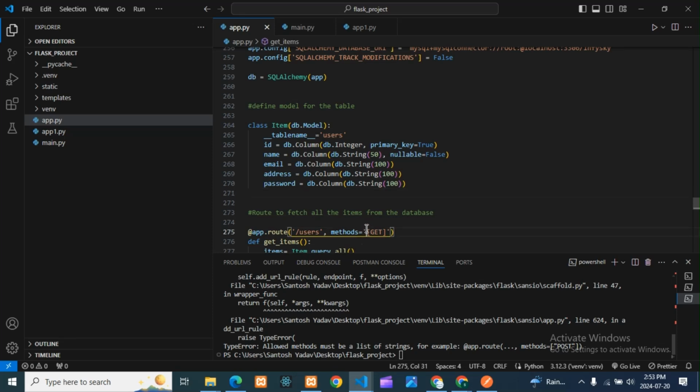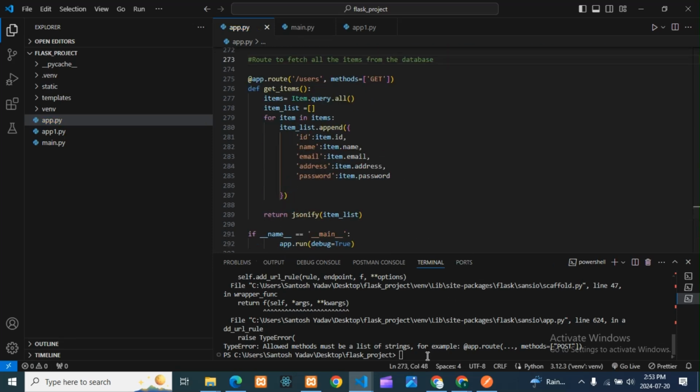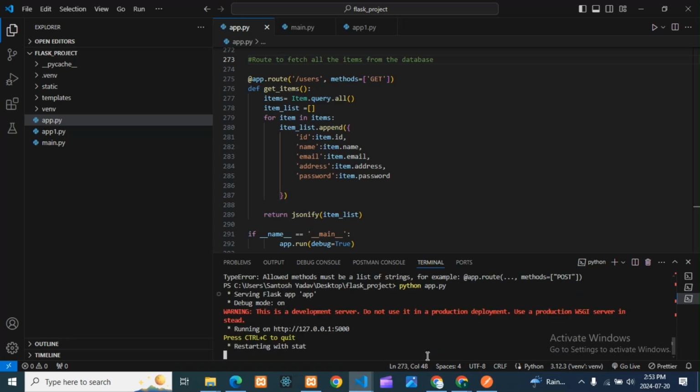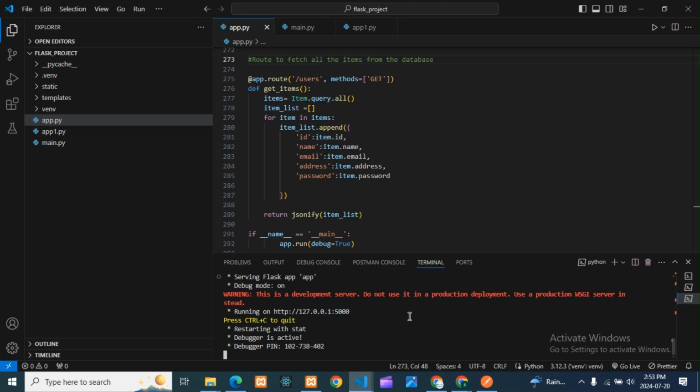Oh, sure it is wrong, guys. It should be like this. See guys, so many typing mistakes. Oh my god. Finally, finally it is running, guys.